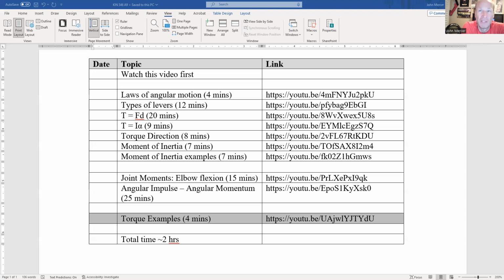Now, as we go into this module, we have some new parameters that we need to understand in order to understand the tendency of a force to cause rotation. And this is really important because we know general motion, which is a combination of linear and angular motion, has a lot of angular motion in human movement. Obviously, flexions, extensions, internal and external rotations, abductions, adductions, all joint movements are caused by angular kinetics. And so we really need to understand the tendency of forces to cause rotation and what things influence that tendency,